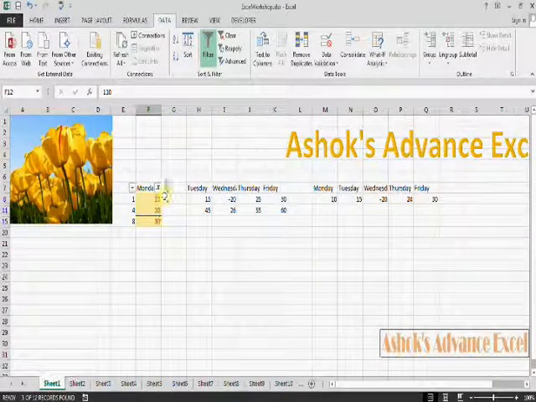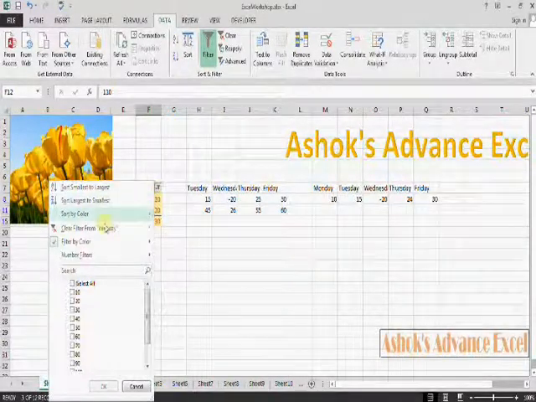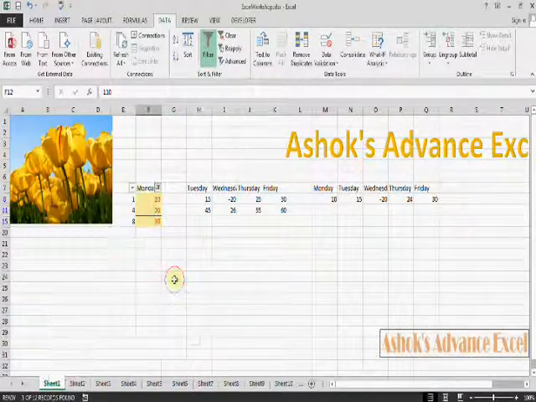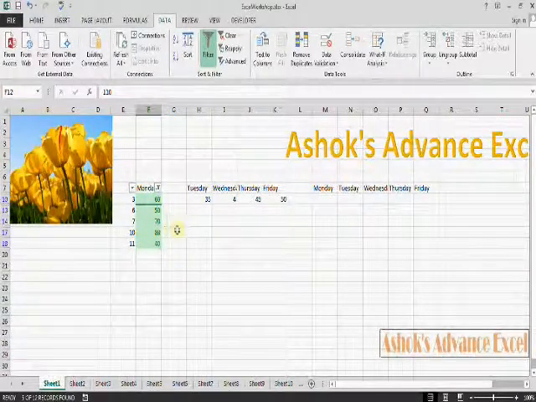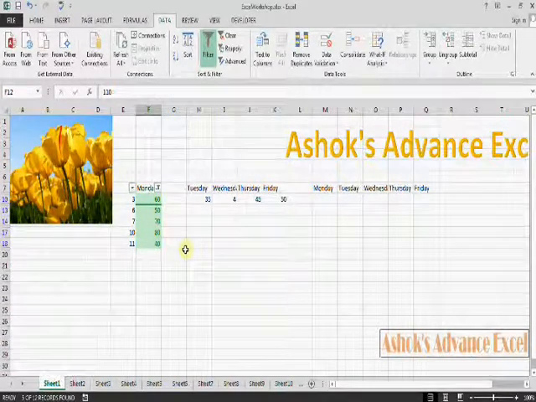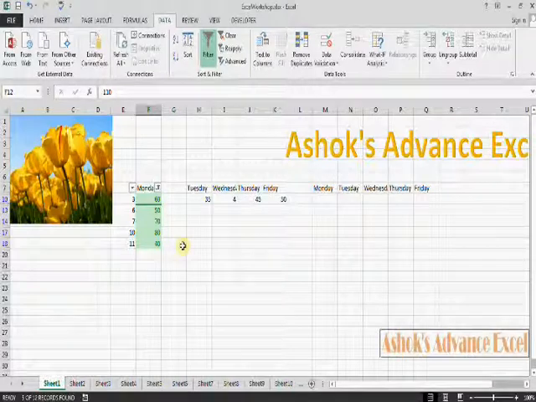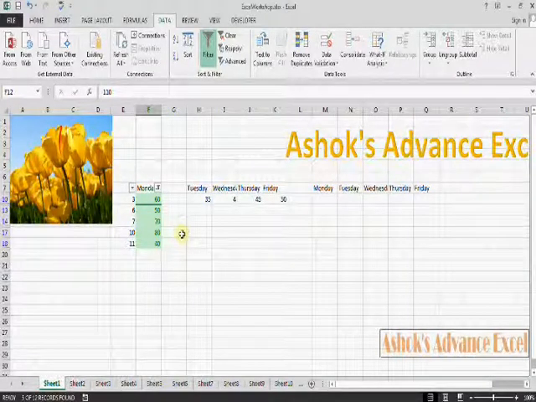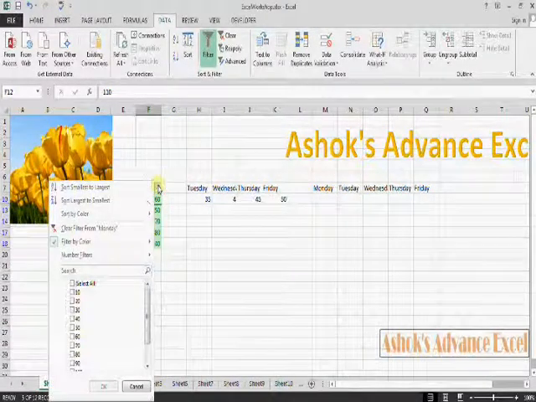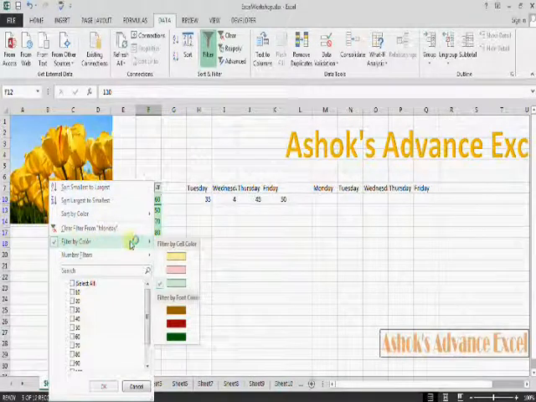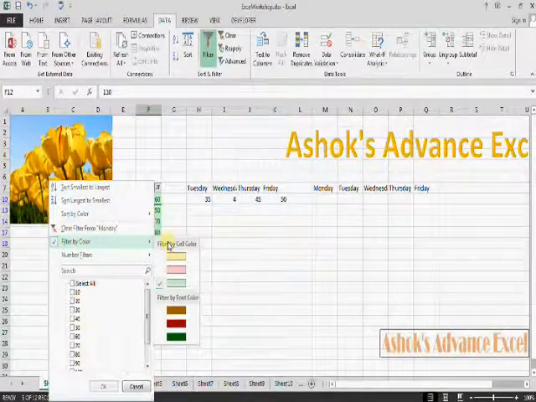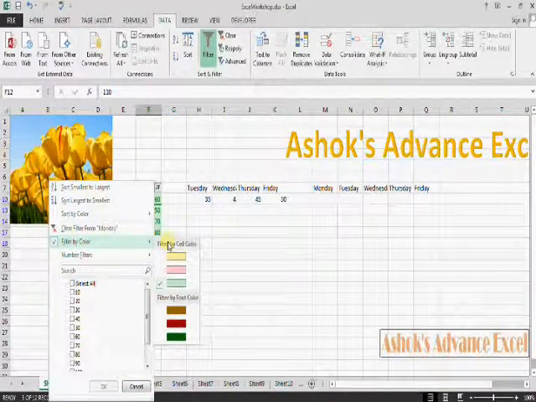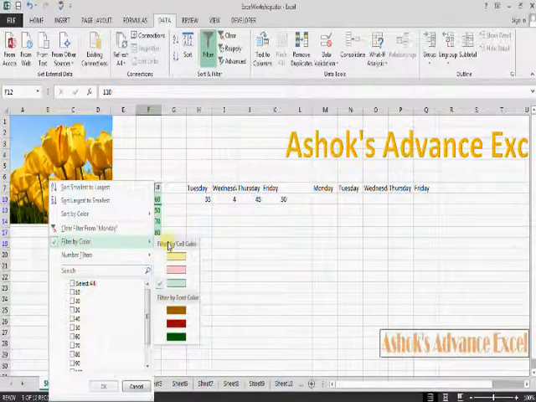So again go to filter, select another color, and you can see it is filtered by color. So this way we can use filter by color, which is new in Excel 2010 and later versions.